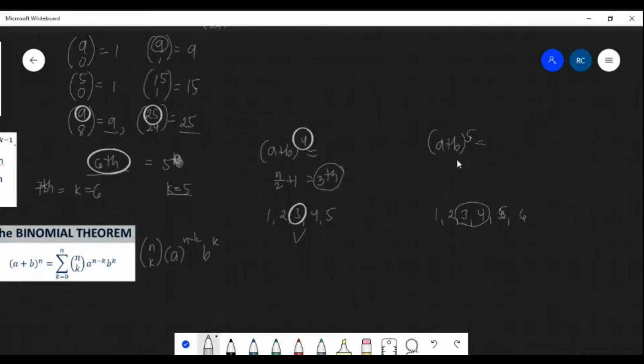So, this is n plus 1 over 2. And then, n is 5. n ay 5 plus 1 is 6. 6 divided by 2, that is 3. Meaning, pang third yung una, yung middle term. And then, n plus 1 over 2 plus 1. 5 plus 1 is 6. 6 divided by 2, that's 3. Plus 1, that is 4. So,